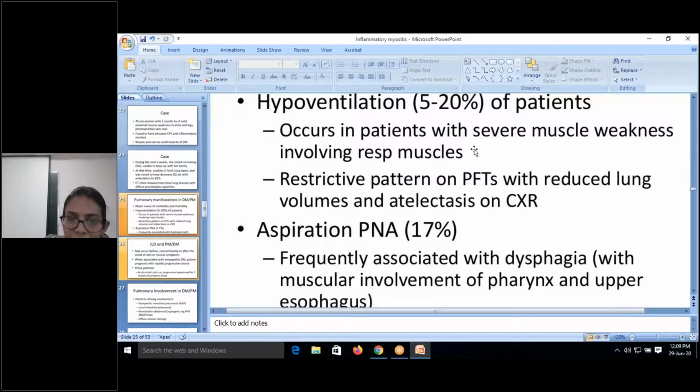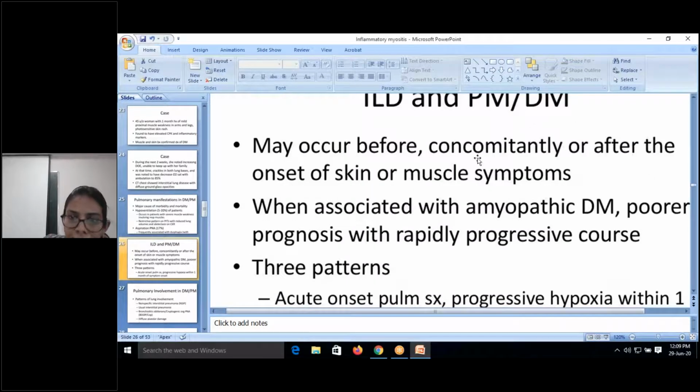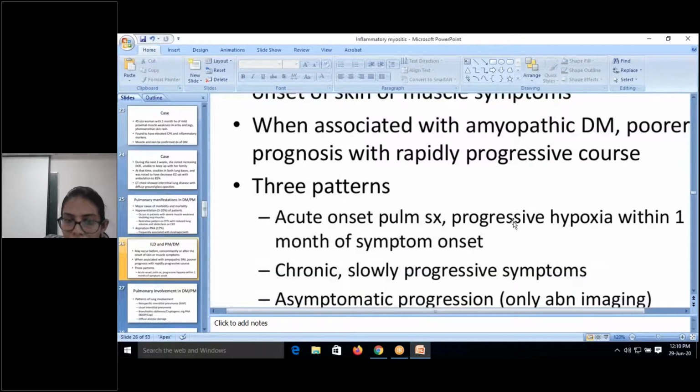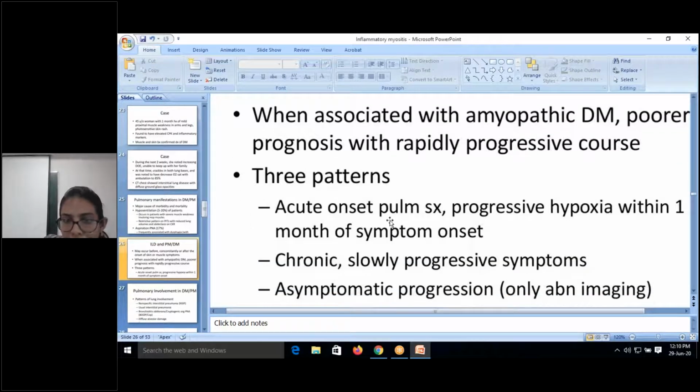Also, pulmonary manifestations are because of muscle weakness per se, restrictive pattern of PFT, aspiration pneumonia, and the other one is ILD. ILD can occur before, or concomitantly along with, the symptoms. And when associated with amyopathic dermatomyositis, poor prognosis is seen and it progresses very rapidly. Three patterns are seen: acute onset